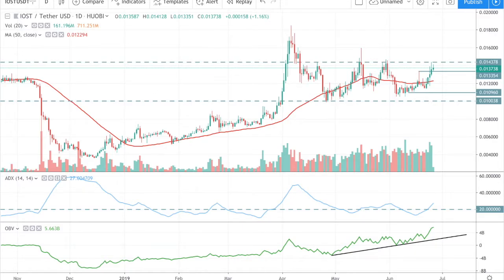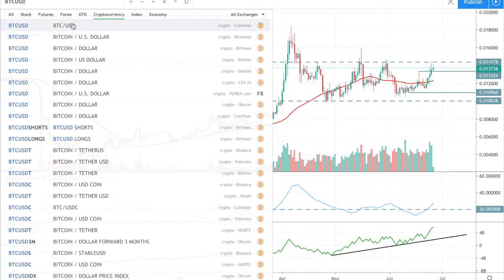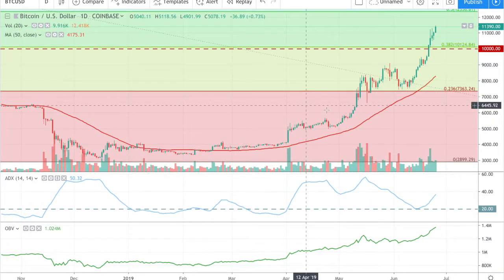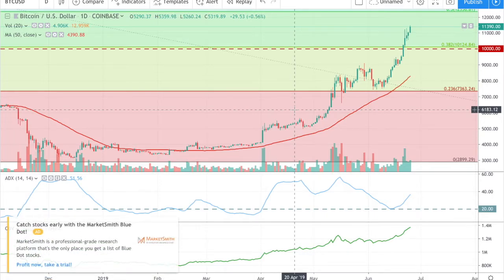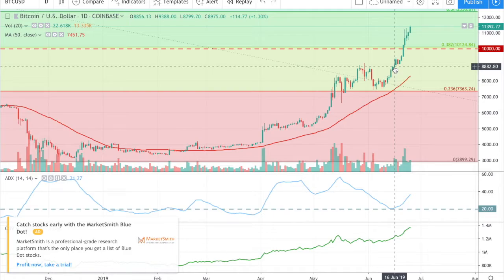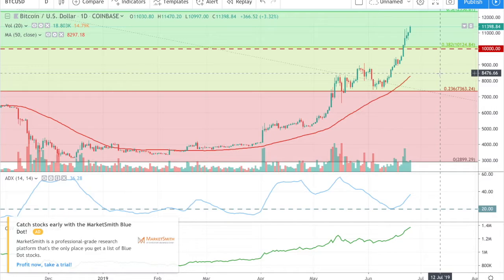All right, let's jump into the beast, BTC USD. Now, here we can see that resistance that I was talking about, 10K, was actually just punched through like a rocket, and we continue to go higher. There's this important Fibonacci level here as well, which is 0.382. So we punched through 10K. We're sitting right now at